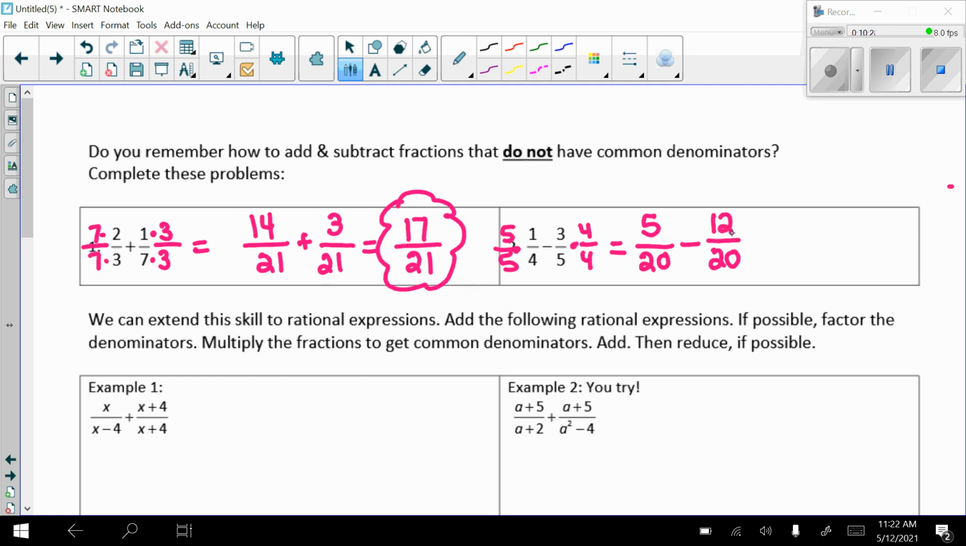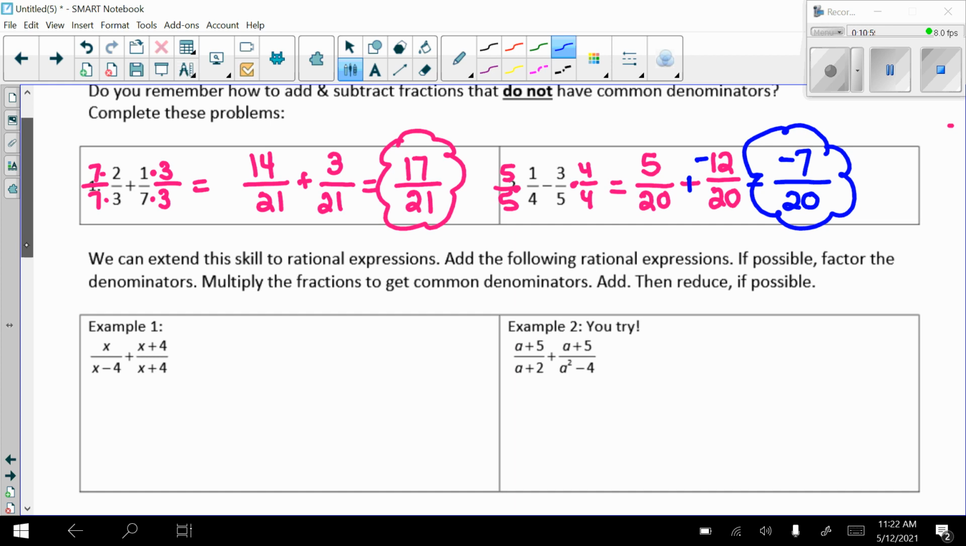And again, you don't have to do it because it's only one term, but you're sort of thinking of 5 minus 12. You might, in your mind, think of that, but it's better if you don't write it out. Let's leave that denominator of 20. 5 minus 12 is negative 7. Reduce if you can. Can't reduce, so we keep that answer. So basically, if we don't have common denominators, we get common denominators. All right,